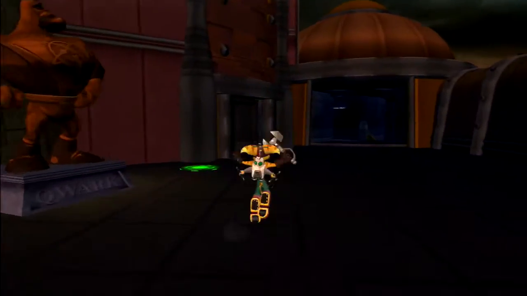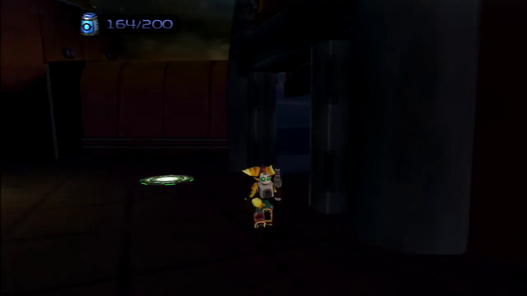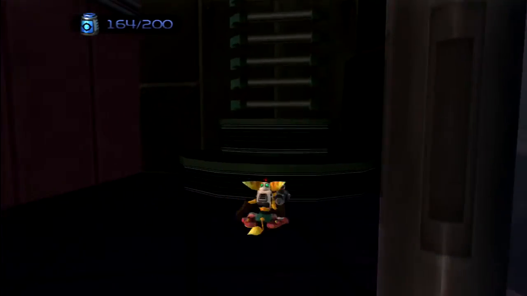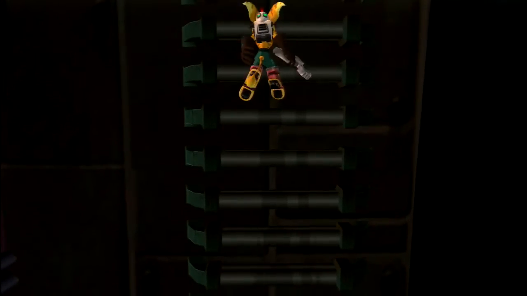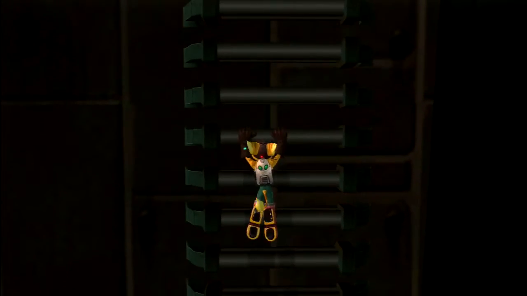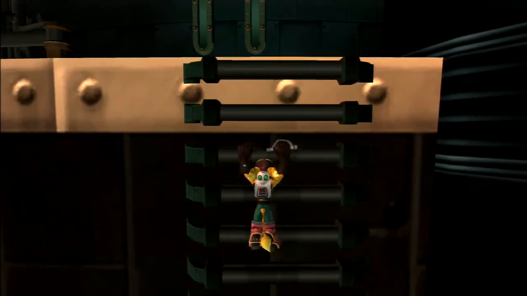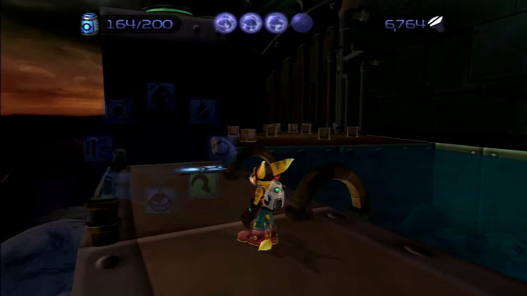More switches here. There's another door over here that's locked for some reason. I can't remember if there is a secret in there or not. I think there is. But either way, if there is, I'll come back and get it later. I really need to do my research. I need to be checking the map screen to make sure we're getting all the gold bolts if we go